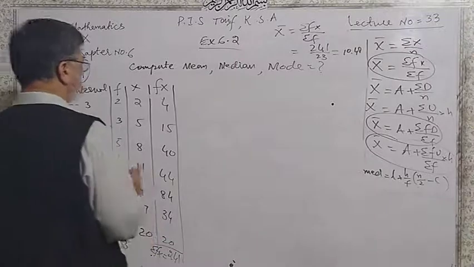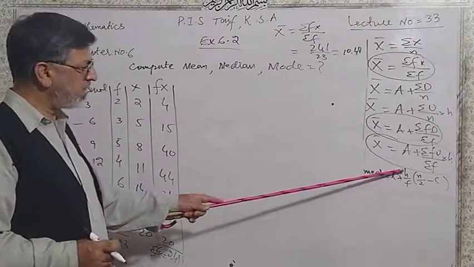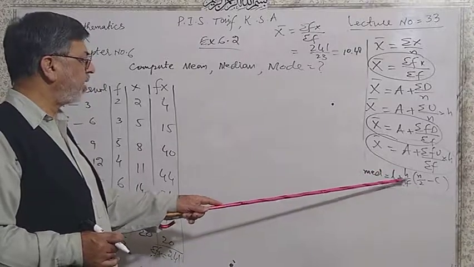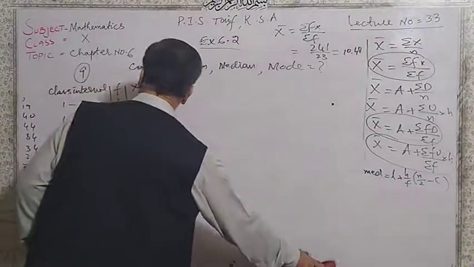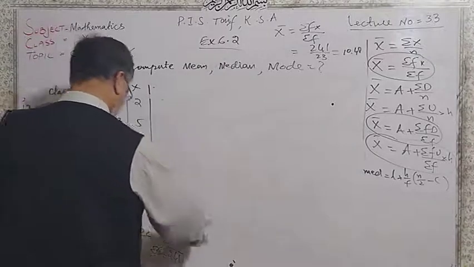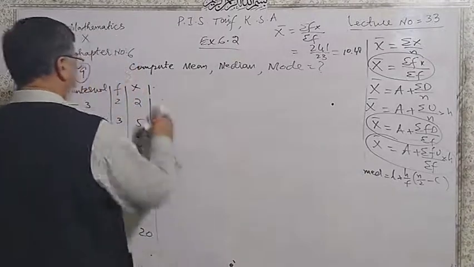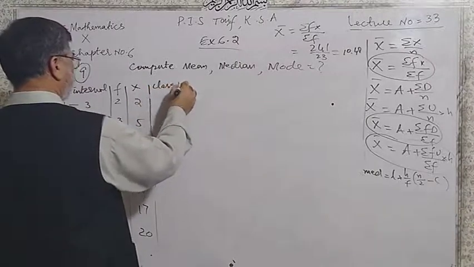H is the size of interval, F is the frequency of the median group, and C is cumulative frequency. It means that we need to find class boundaries,